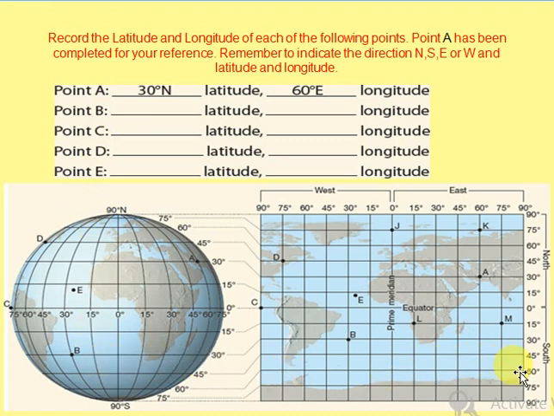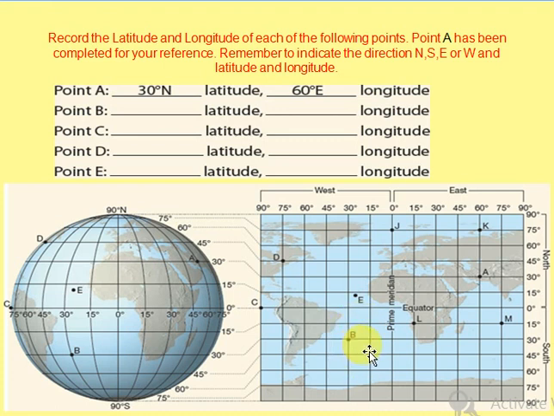Point B. Point B is here. This is point B. So what will be the latitude of this? Always remember, latitudes are mentioned first. So 30 degree is mentioned first. This is your south. 30 degree south. Below the equator is south. 30 degree south. And